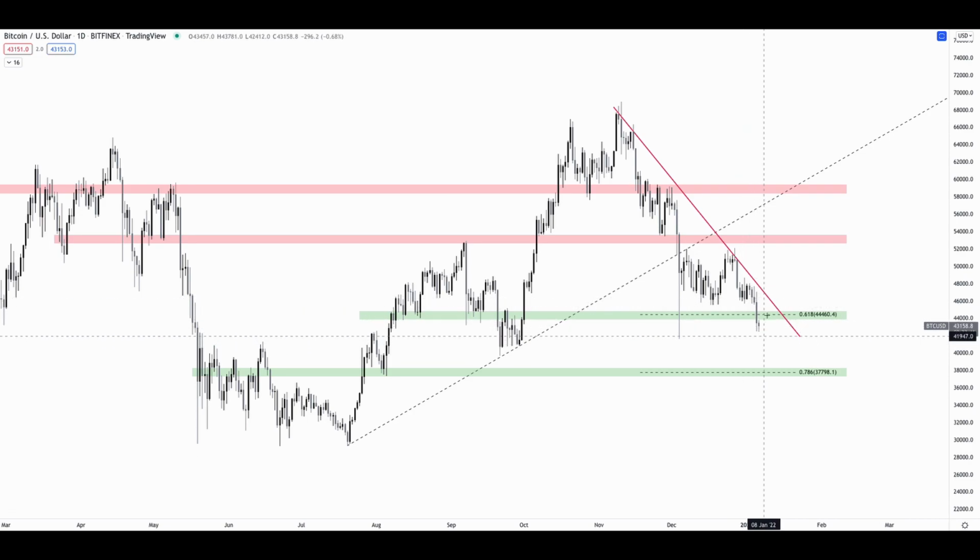Before the drop yesterday, what I was going to say in my YouTube video that I failed to upload was that essentially, as Bitcoin ranges between the 53K resistance and 42K support, this could be a no trade zone for you, especially if you're a beginner. The stress that comes from the volatility of the market might not be worth it for you. So what I was going to say is wait until there is clear confirmation either to the upside or downside before you actually decide and position yourself in the market.